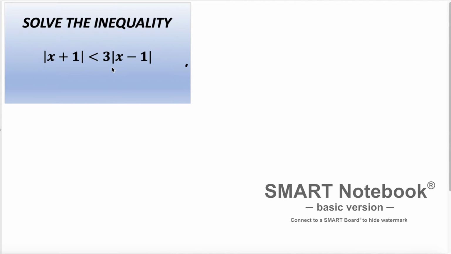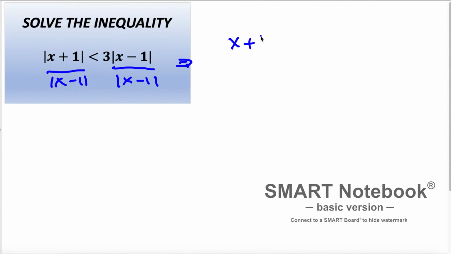So we have this inequality. In order to solve, first of all, we are going to divide both sides by the absolute value of x minus 1. And this side by the absolute value of x minus 1. And this implies that the absolute value of x plus 1 divided by the absolute value of x minus 1